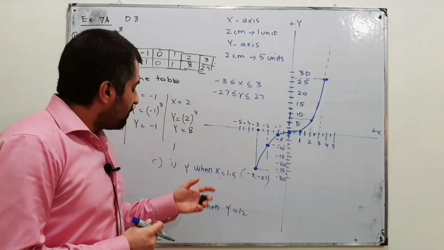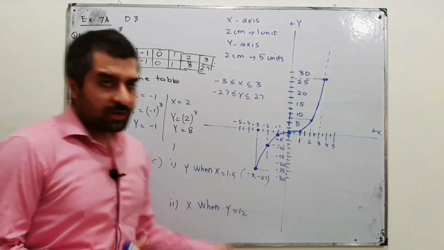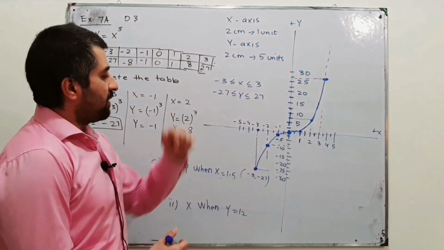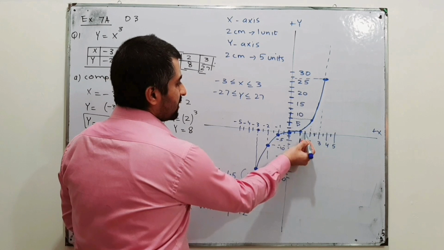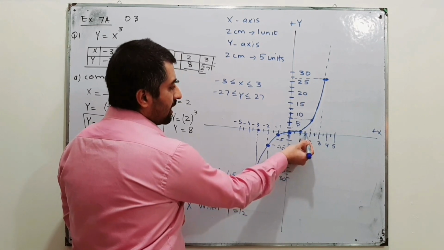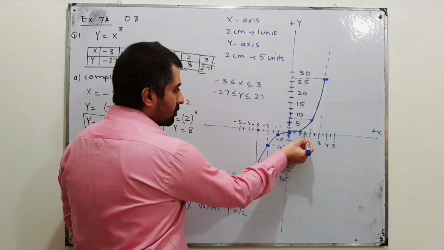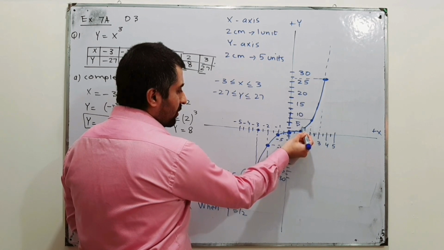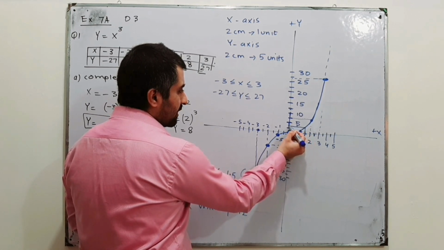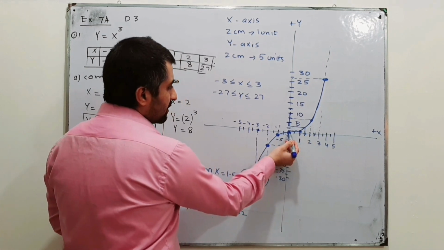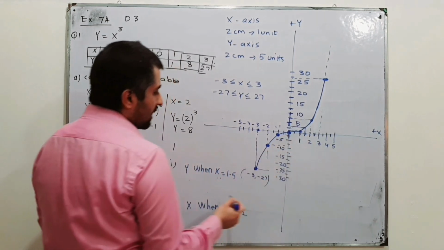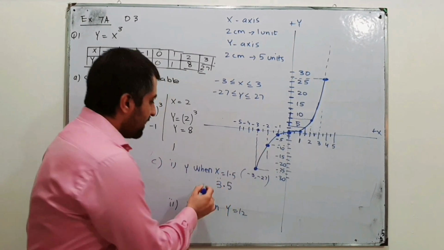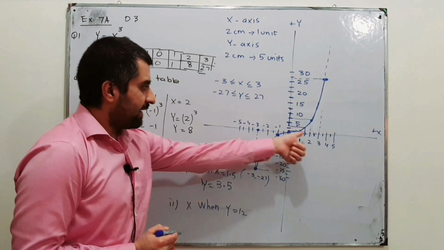What will be the value of y when x is 1.5? So where is x 1.5? Okay, x is 1, 2, this is x 1.5. Locate x first of all and then move vertically so that you can touch your graph like this, and then move towards y-axis to find y like this. So this is approximately, this is 0, this is 5, this is 2.5, so that is almost 3.5. So y is 3.5 when x is 1.5.